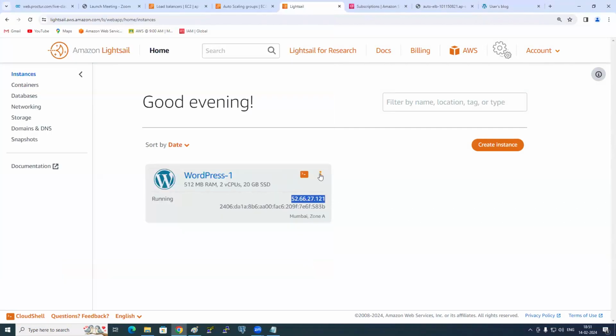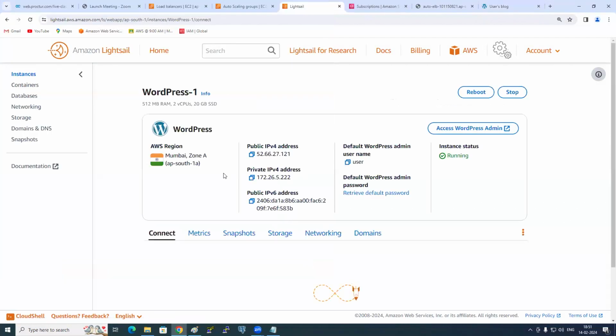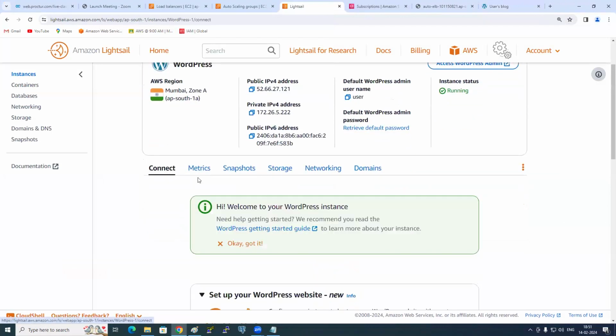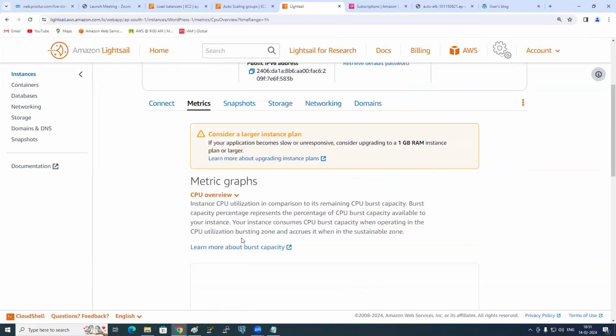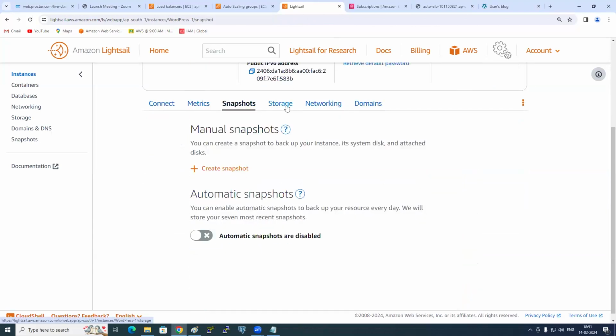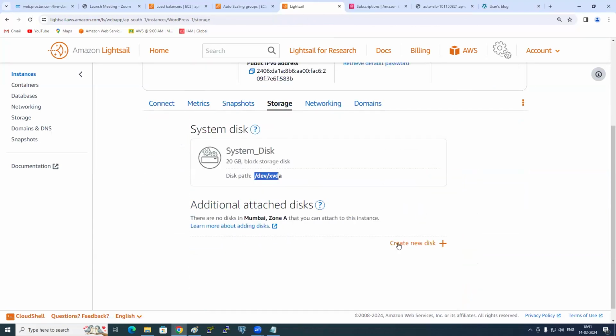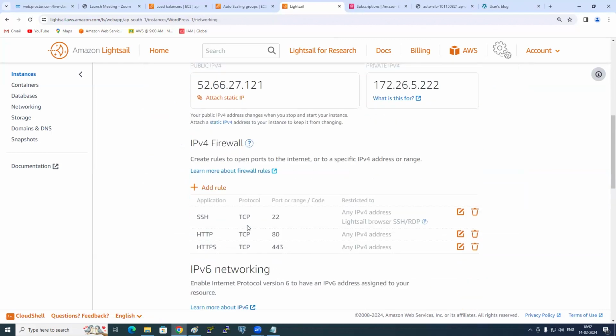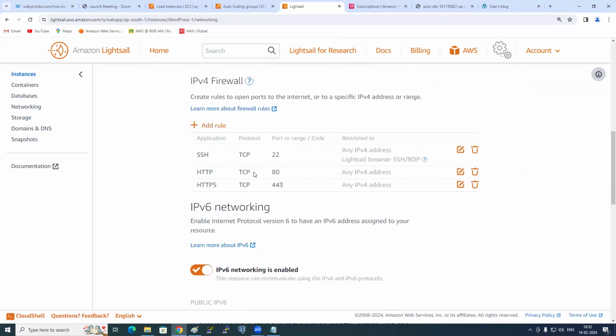If you go inside this, here you have, if you go for manage, you can connect. Metrics is there, no? Metrics is nothing but your CPU utilization and all. Snapshot is backup. Storage meaning you can create your additional volumes. Networking, you can set up static IPs. And do you remember we discussed about security group? Here we call it firewall. Why I have just logged into the server directly is because 22 is opened anywhere. Can you go and edit and delete the rules?